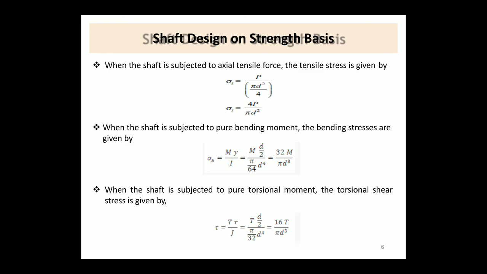A shaft is subjected to torsion, bending, or axial loads or a combination of these loads. Therefore, the shaft must be strong enough to resist these loads individually or in combination. In certain conditions, it is equally important to provide adequate bending stiffness of the shaft and to limit torsional deflections. Hence, a shaft should be designed both for strength and rigidity or stiffness. So, in the next lecture, we will see the design of shaft on the strength basis.